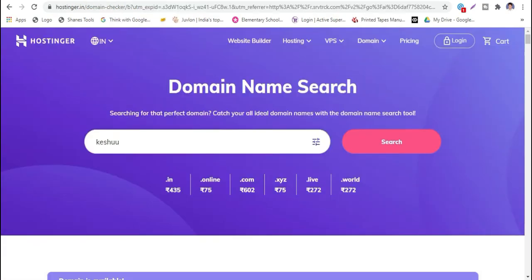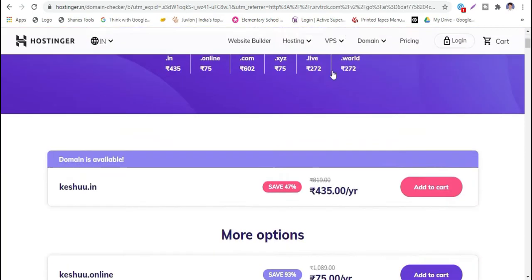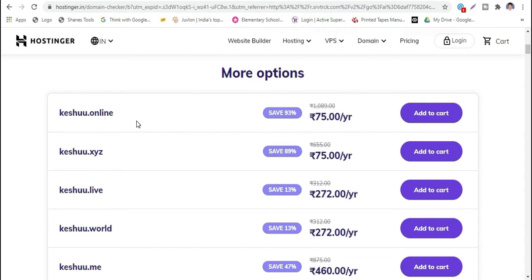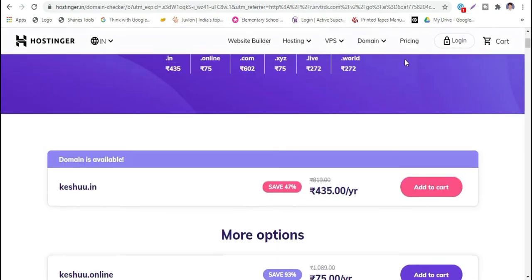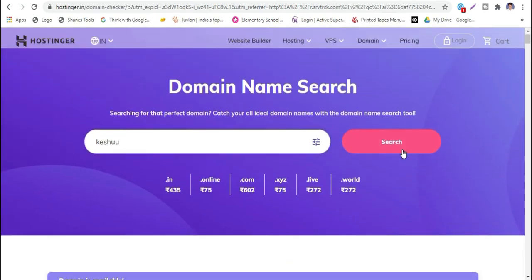But here I would recommend you go with Hostinger. With Hostinger, the domain cost is very low, and a .online domain you can get for only $1, right? So get any new domain. If you are planning a new website in the coming days, you can get that domain as well. So get any new domain from any domain provider.